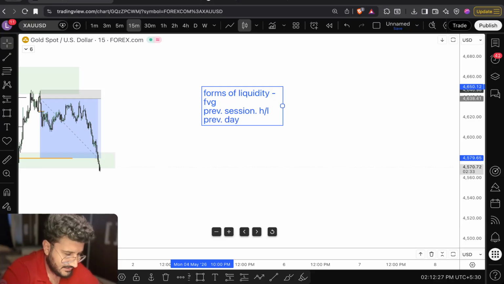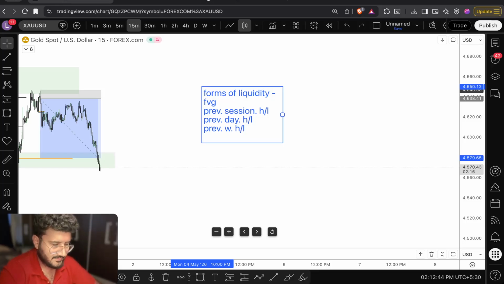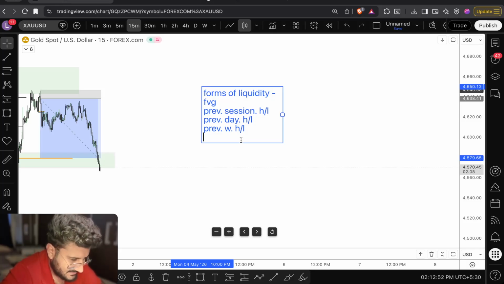previous day high and low, previous week high or low, right? So this would be my forms of liquidity right now. There can be definitely other liquidity aspects, which can be internal